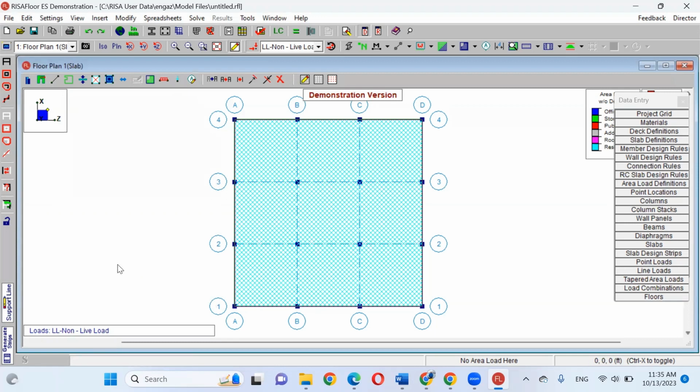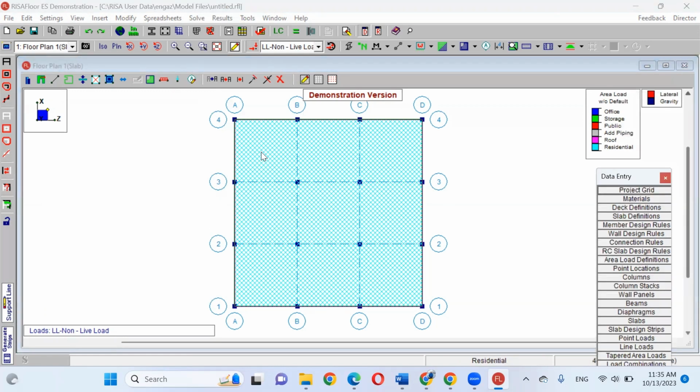RISA can define the live load. Once you define the live load, the color of this live load is light blue, it's residential. That makes sense. Sometimes we have a part that is residential, a part that is office, another part that is storage. So you can define the live load for each part alone.